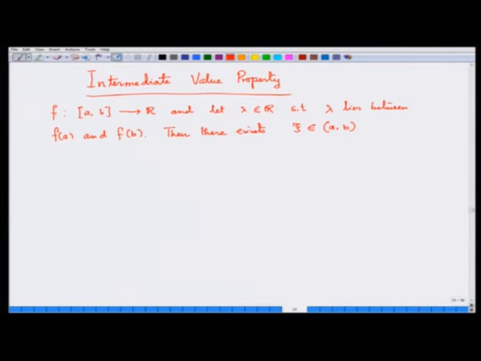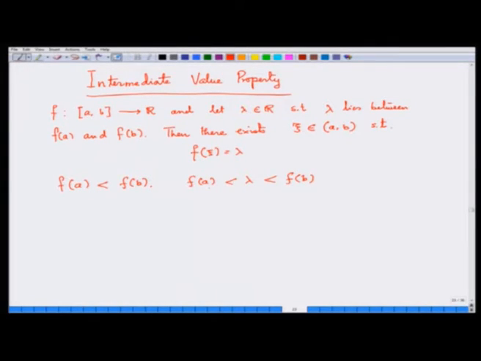because I want lambda to lie strictly between f(a) and f(b), there exists xi between a and b such that f(xi) is equal to lambda. So suppose f(a) is strictly less than f(b), then I am expecting lambda to be of this form. Lambda is this. Of course, there is no harm if you take equality. Then of course, if lambda is f(a), then you already have a,